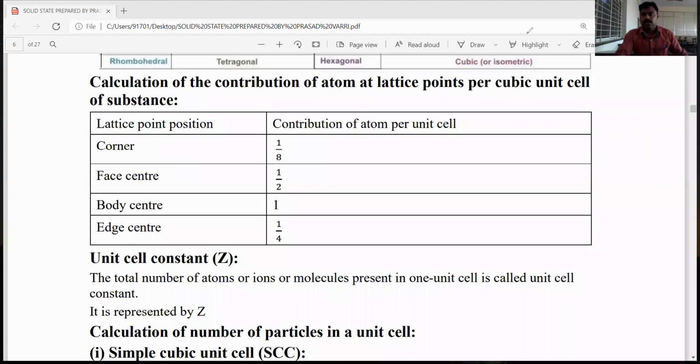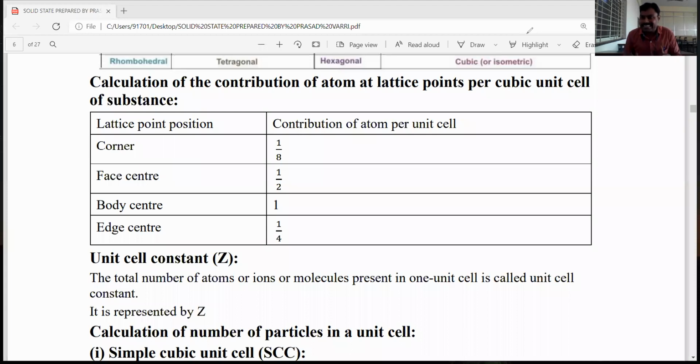Yes, in the last class we discussed the unit cell parameters. There are three edge lengths and three axial angles. Based on those unit cell parameters, crystals are divided into 7 types of crystal systems, and there are 14 Bravais lattices. Bravais lattices are nothing but three-dimensional repeating units. So 14 Bravais lattices are present here, students.